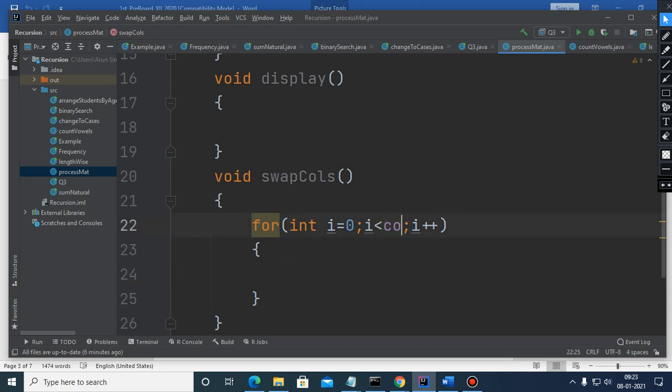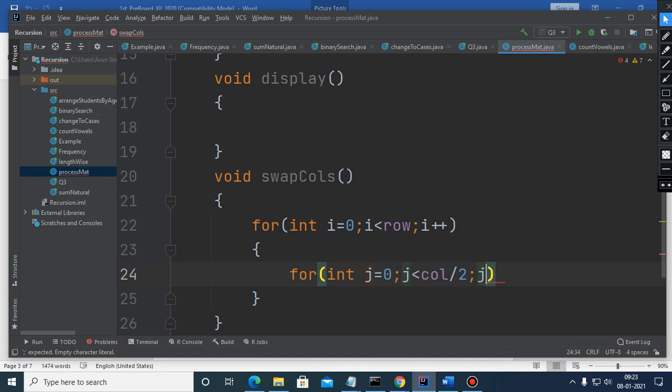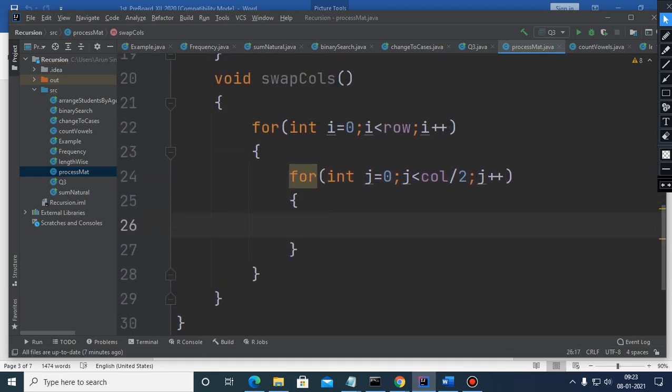So here what to do? Simply you just write this. What is the issue? You just traverse the matrix like this and column by 2. So there you don't need to use much brain. Yes, even if you have a proper understanding of indexing and how to use it, then you can write it.